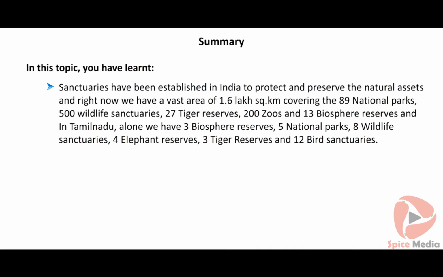Sanctuaries have been established in India to protect and preserve the natural assets, and right now we have a vast area of 1.6 lakh square kilometers covering the 89 national parks, 500 wildlife sanctuaries, 27 tiger reserves, 200 zoos, and 13 biosphere reserves, and in Tamil Nadu alone, we have 3 biosphere reserves, 5 national parks, 8 wildlife sanctuaries, 4 elephant reserves, 3 tiger reserves,